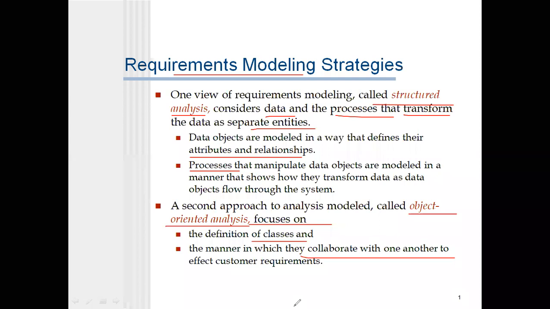Composite aggregations, associations, and dependencies, isn't it? So here, first of all, you should define the classes in this object oriented model. You should define the classes, and also tell the relationship between the classes. Then only you can fulfill the business goals of a project. Why? Because one class may be dependent on some other classes, isn't it?